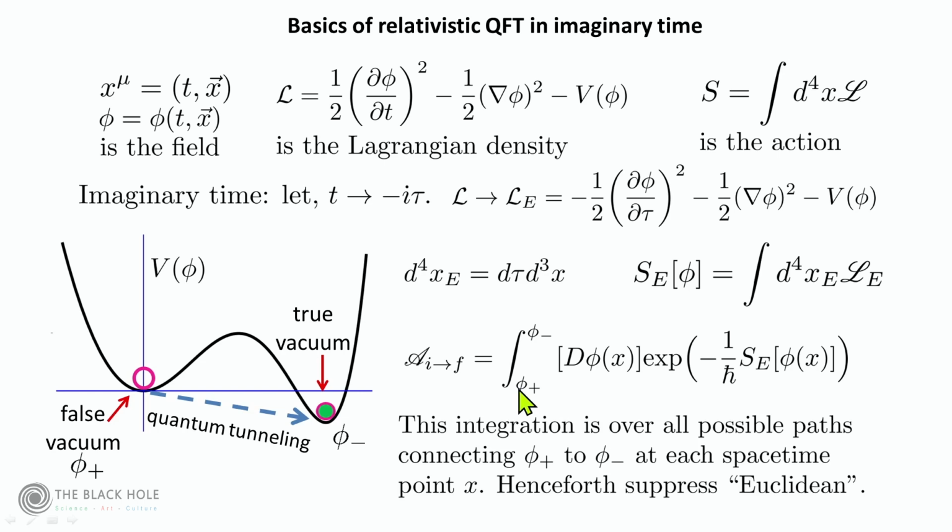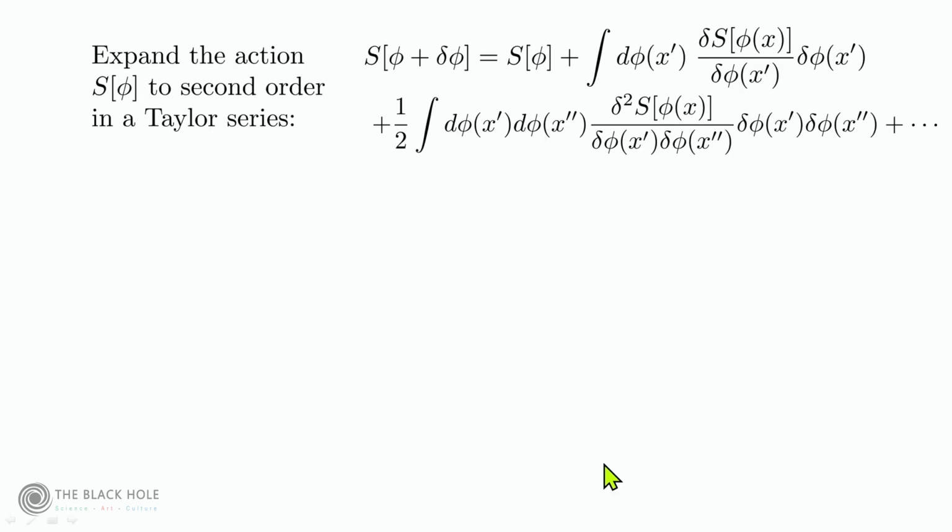Of course, in going from here to here, you must now integrate over all possible fields that connect this to this. So when we are talking about paths, now the path means something more complicated than a simple line that connects point A to point B. Now you have to go from one field configuration to another field configuration. But the game is the same.